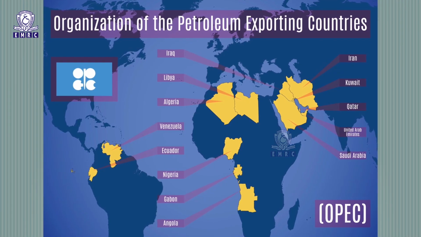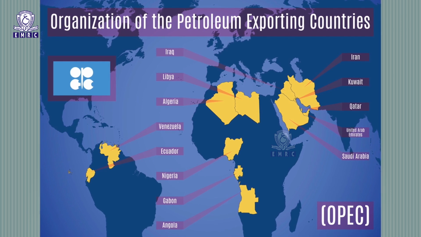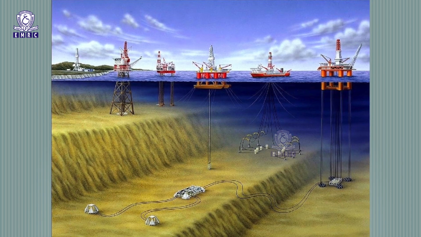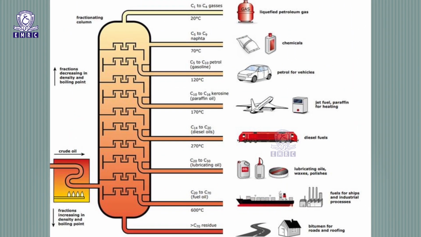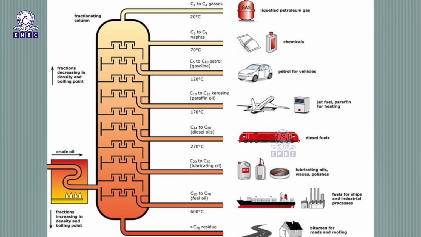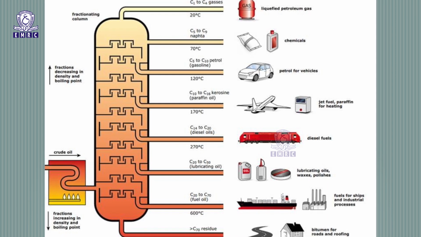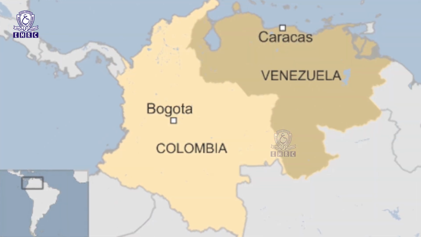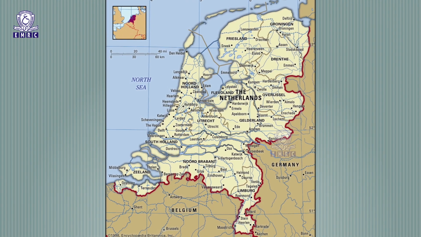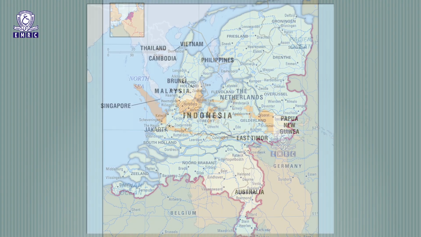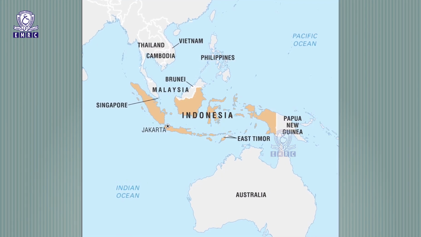World trade in petroleum is carried on by OPEC countries. The pattern of trade in petroleum is not a fixed one. The USA, despite being a major producer, imports both crude oil and refined products from nearby countries such as Venezuela and Colombia, as well as distant areas like the Netherlands, Middle East and Indonesia. Europe obtains much of its oil from the Middle East and North Africa.